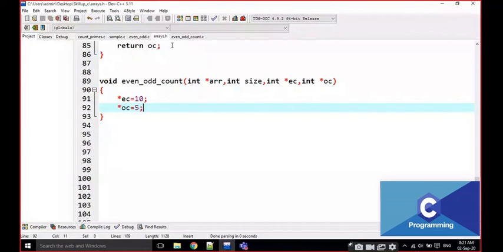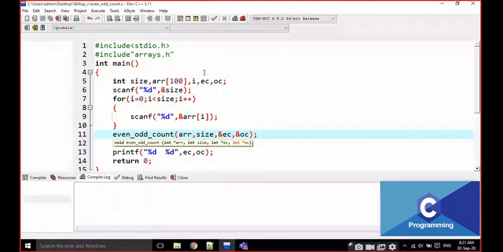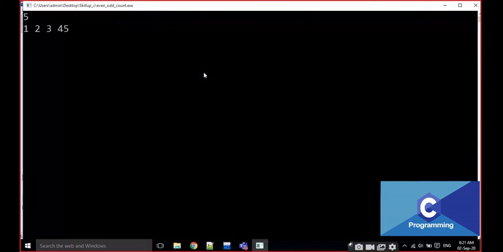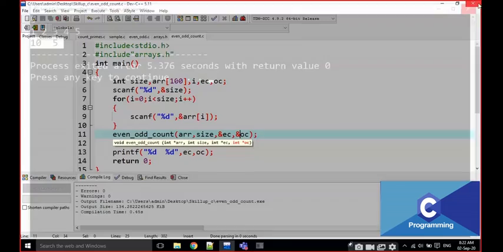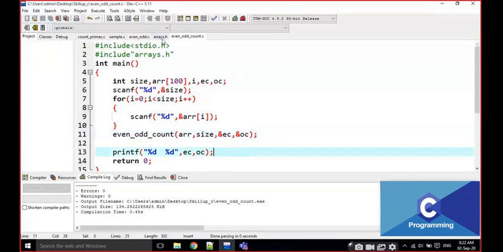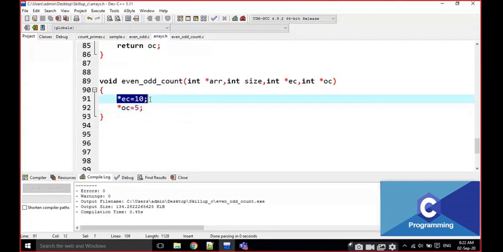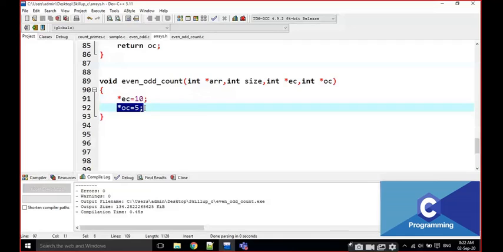Now I am going to execute: 1 2 3 4 and 5. Just look here at the values which are modified in the function. Yes, it is coming 10 and 5, right? Why is it coming here? Here I am modifying the values to 10 and 5.